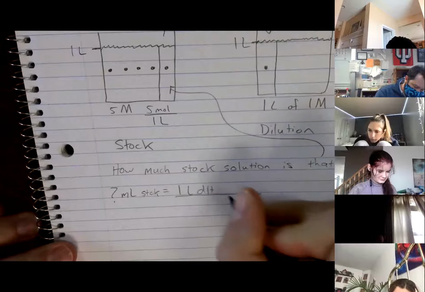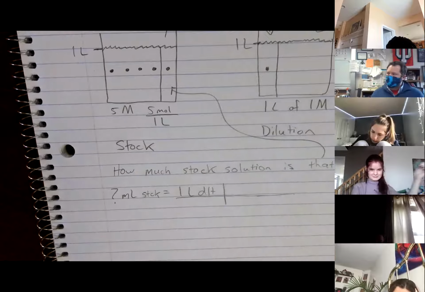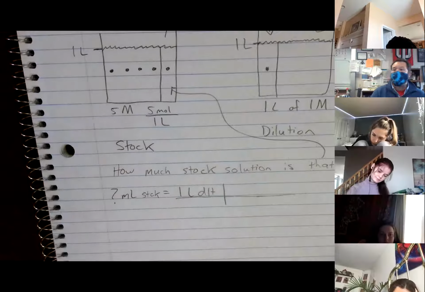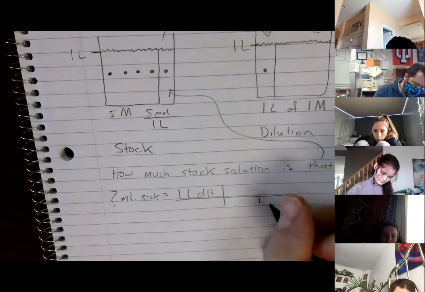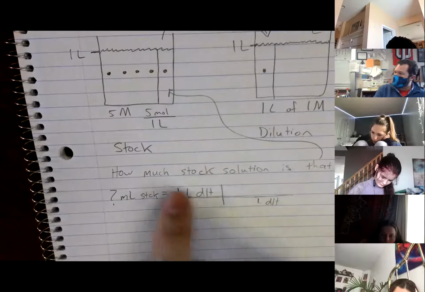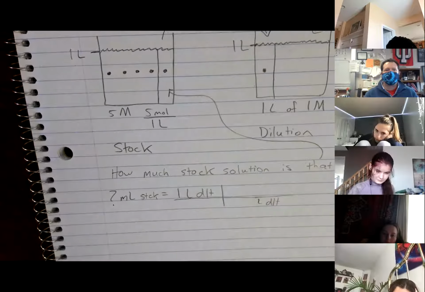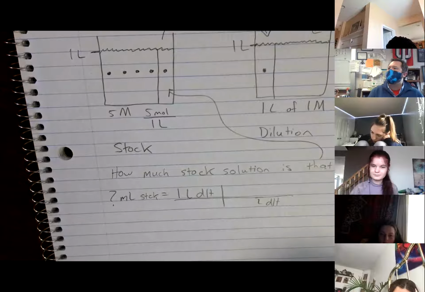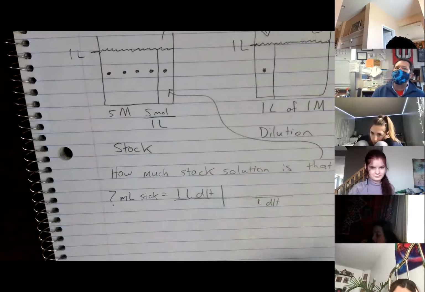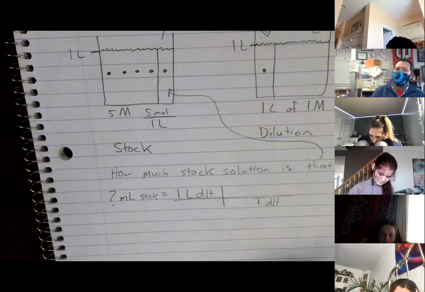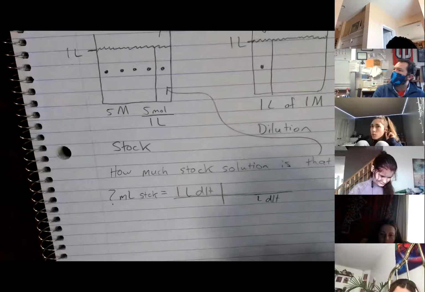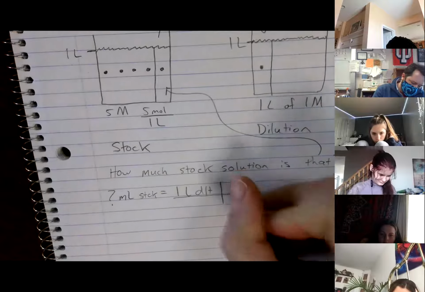Okay. Cool. I know what goes in the bottom. At least what unit goes in the bottom. Liters of DLT. It has to go in the bottom so that it cancels out. Where can I go with liters of DLT? Well, how about to moles of DLT? This right here means moles per liter. I want 1 mole